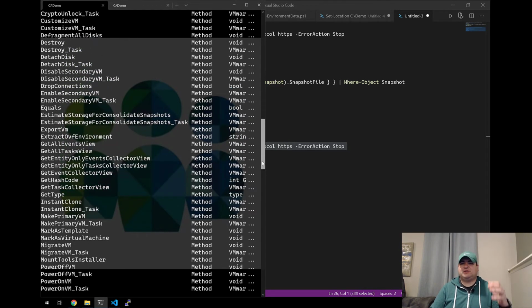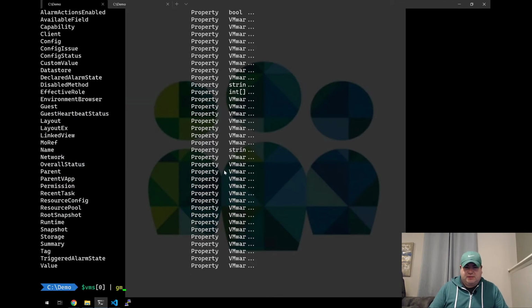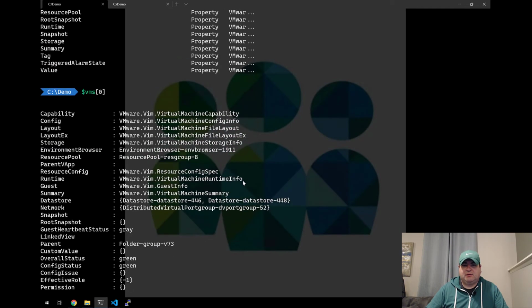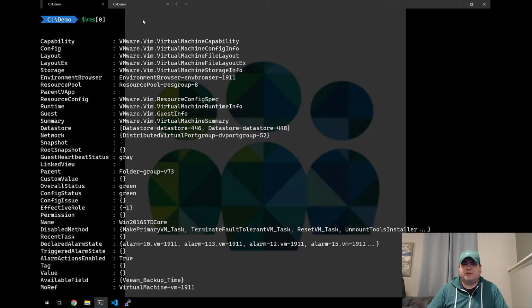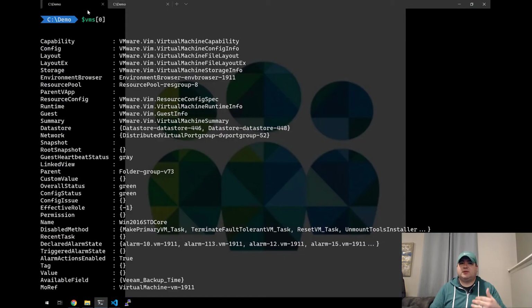These are the actions we can take against a raw vSphere object coming from the SOAP API itself. Let me go ahead and expand this out so we can take a look at some of these things here. If I look at this first instance of this VM, you'll see that the object that comes back looks a little bit different than what we have for that VM0, right? Over in VM0, when we looked at the .NET object, it gives us back a name, a power state, number of CPUs, and memory in gigabytes, right? That's just the format data that was given to us of what we want to see when we return that implementation object from .NET. But when we look at this coming back directly from the SOAP API, we're going to see